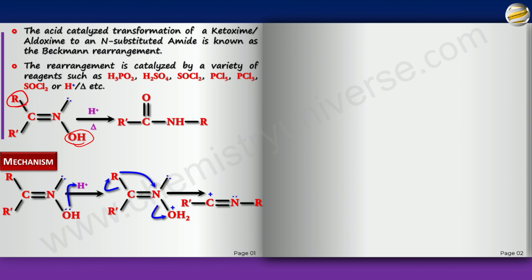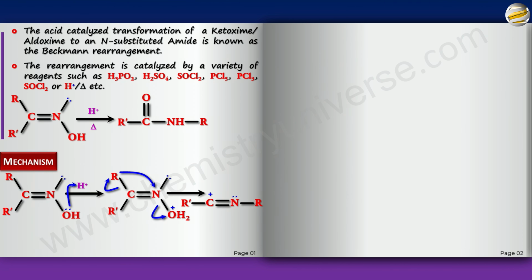See, if this were to go first, you'd get an N plus, then either of these two could move based on their migrating aptitude. But since it is a one-step process, it is like intramolecular SN2, so something like an SNi. So this goes, and at the same time, this moves and this attacks here. It means it's a one-step process, and only that R can go that is opposite to the OH, irrespective of its